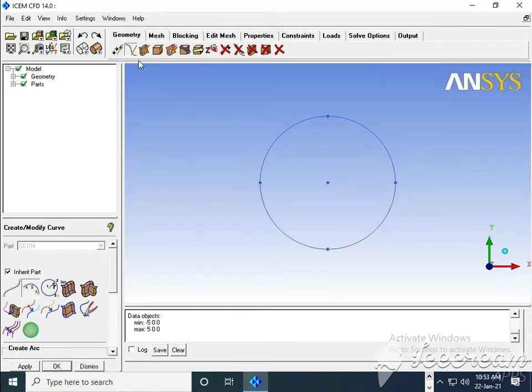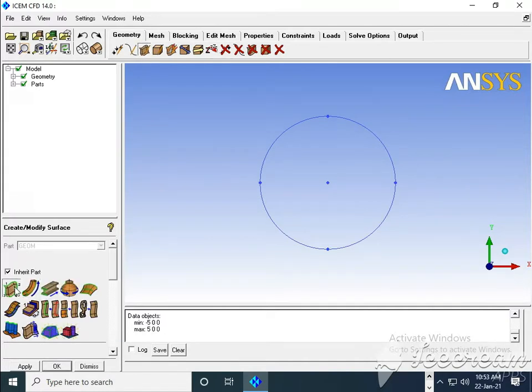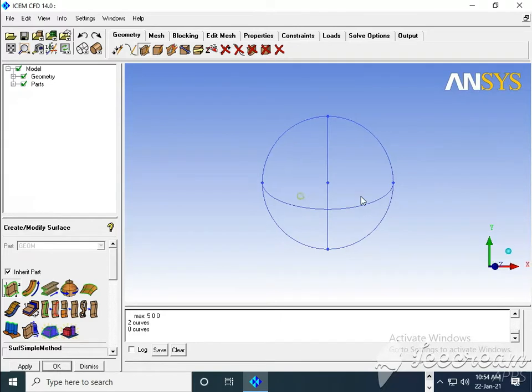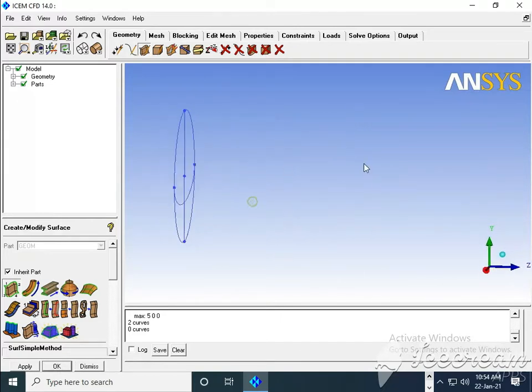Then I will make surface. Now my aim is to draw an arc pipe which is a wavy pipe, you can say.